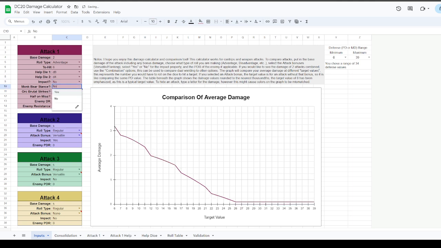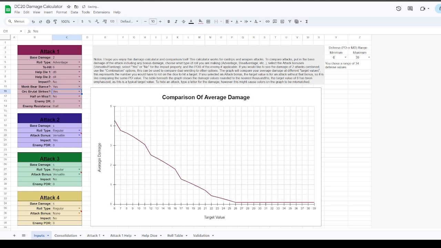So I've added monk bear stances in there, which functions kind of like impact, but not entirely, because monk bear stance can also happen on a crit. Impact is just on heavy hits. And orc brutal strikes only apply on a brutal hit, so they don't apply on heavy hits. So all three of these are unique from each other, and you can choose, you could have all of them